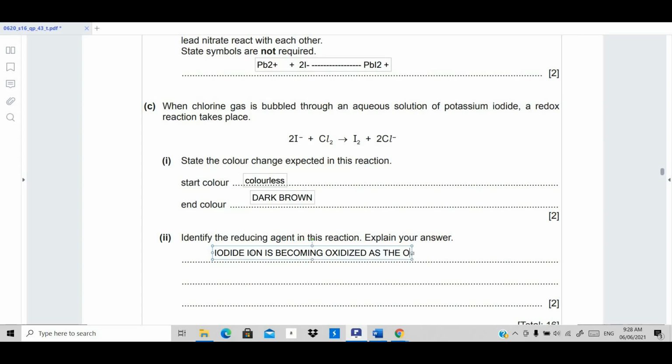Sorry, I need to mention the reducing agent. I was confused. Iodide ion is the reducing agent,